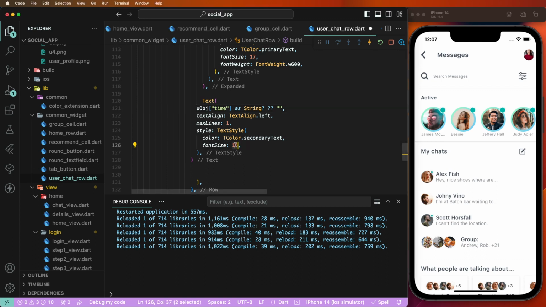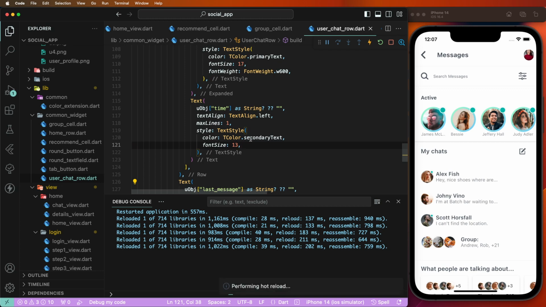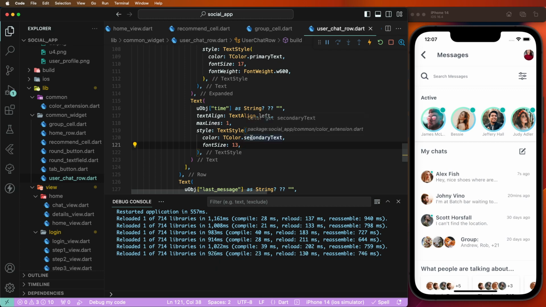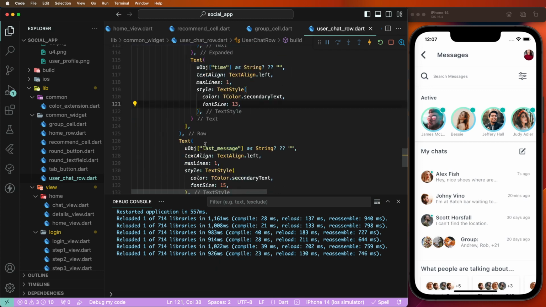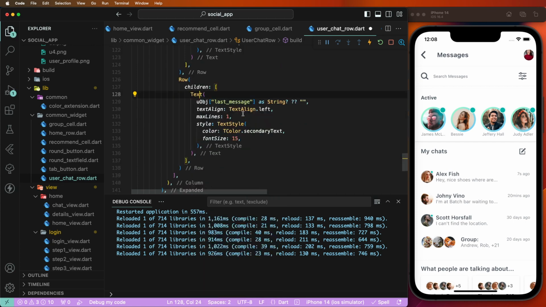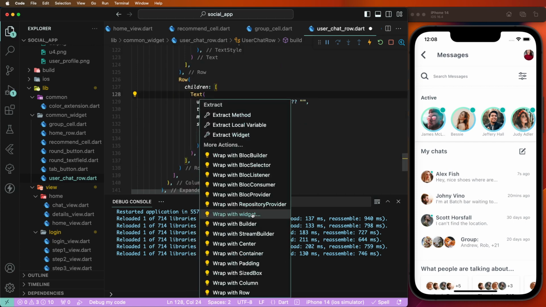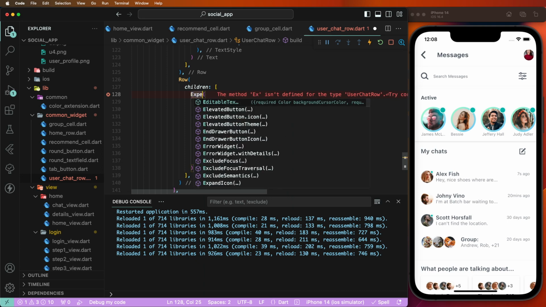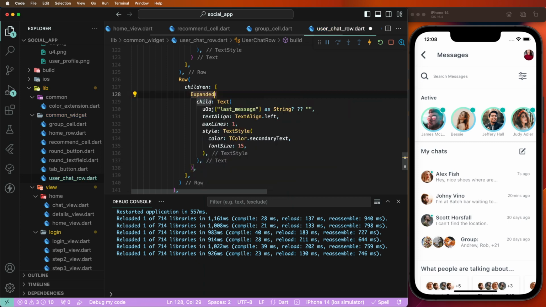But in regular need to see here. Image need to create here the row with wrapped to expand these widgets. Expanded, and to give this here the